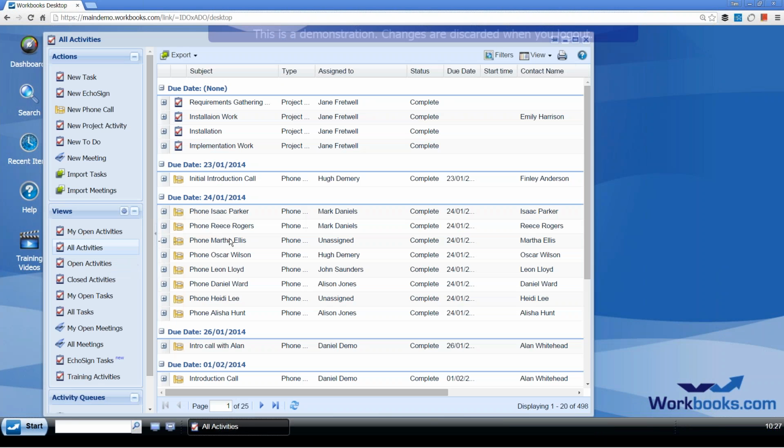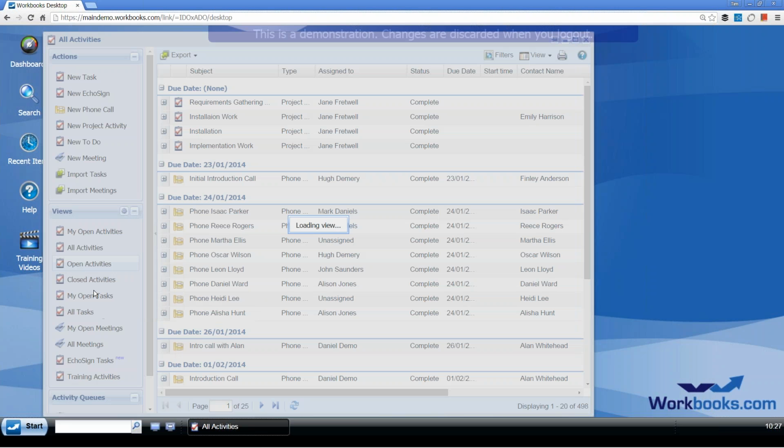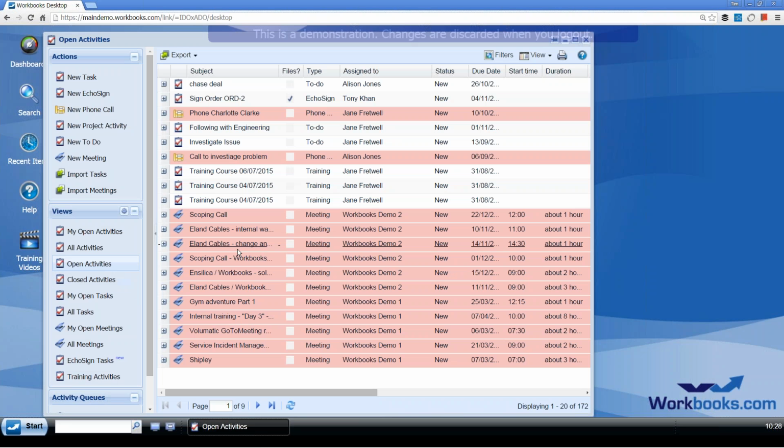So this is where you can see all of the activities on the go right now. Similar to the list of organizations we saw earlier, we can see here summarized row by row, and we can define what columns appear here. And we can use this little filtering facility to drill down and see activities of a particular type. And we've got some views already created. So if I want to see all of my open activities, there they all are there. This being a demonstration system, I've got lots of overdue